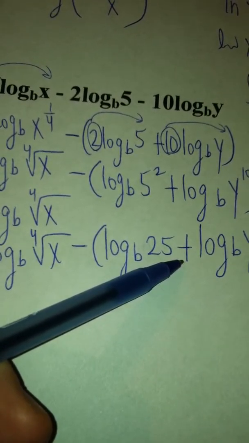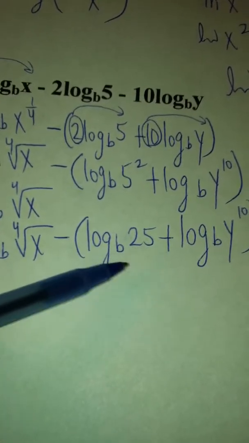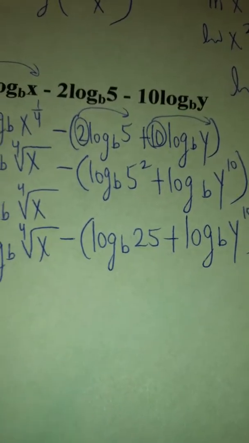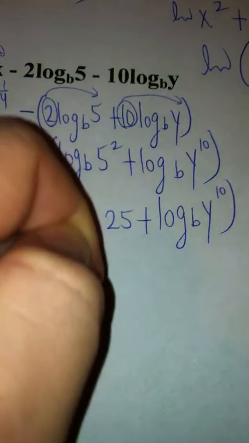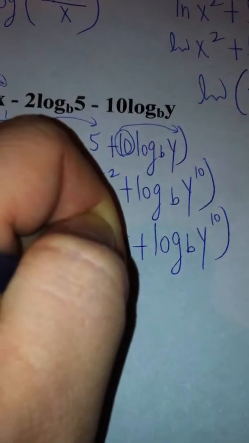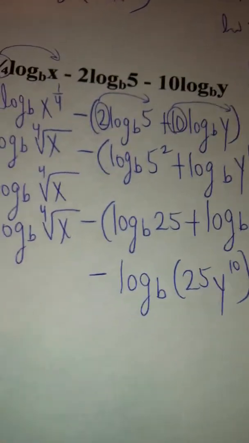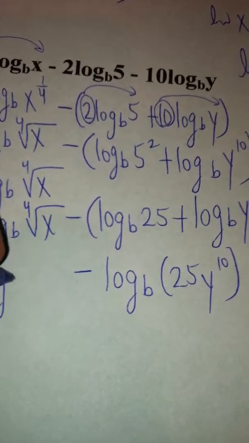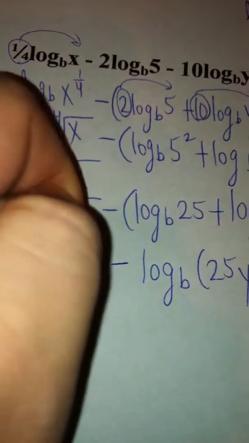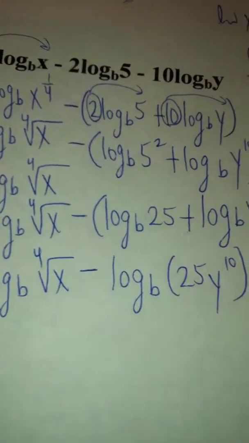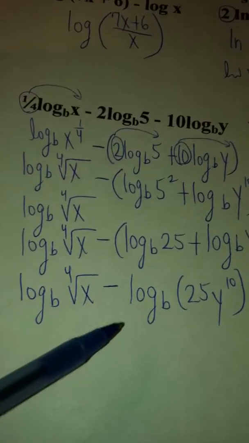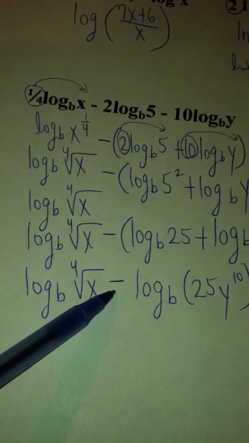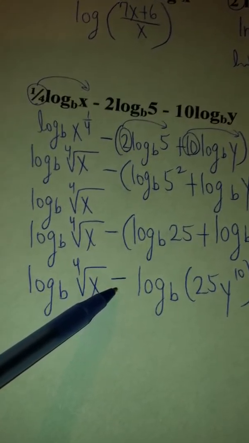Now, this plus sign tells us we can write this part as a single multiplication expression. So we have log base b of 25 y to the 10th power. And again, we can bring down the first part. Now, one more step. Since we have a minus sign in the middle, according to our log property,